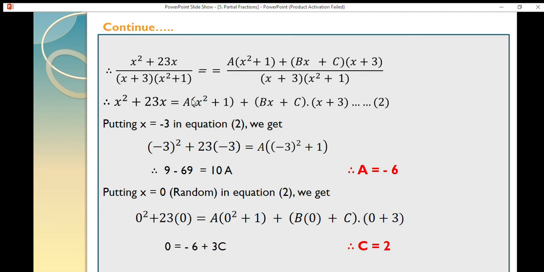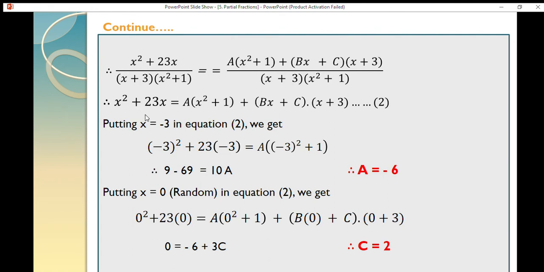And now we have to find out the values of a, b and c. For that the same logic we have to use. Substitute the values of x one by one. But now remember that we consider those values of x from the denominator linear factors. Now in this example only one linear factor is there. This is linear, this is quadratic. This one is not linear, so we will not consider the value of x from this factor. Okay, remember it. You just have to consider the value of x from this one factor only, x plus 3.